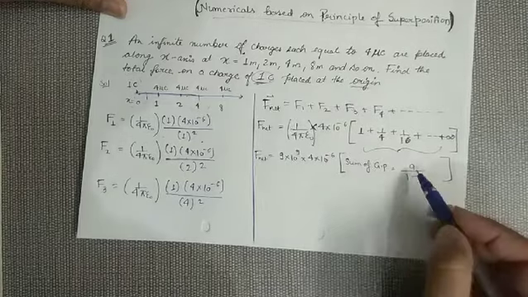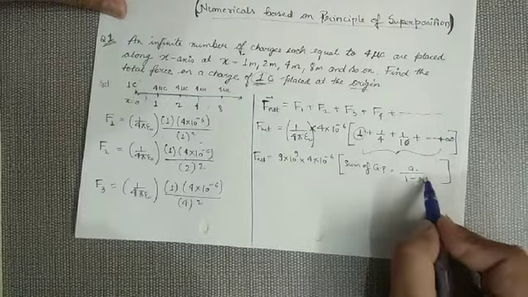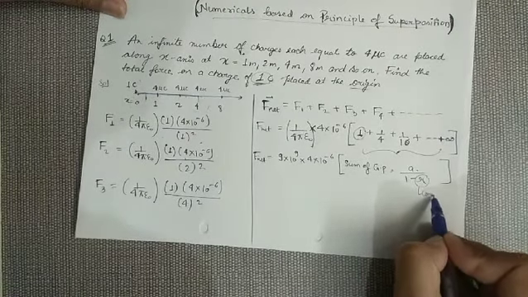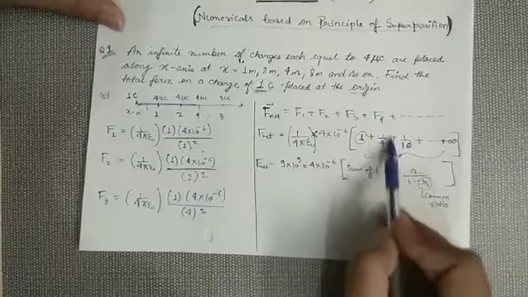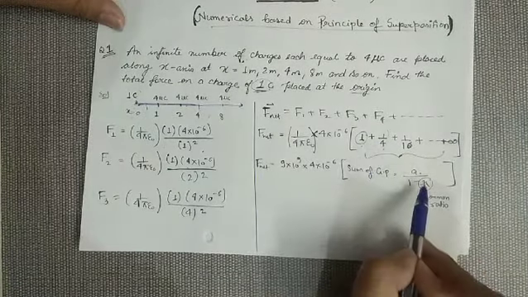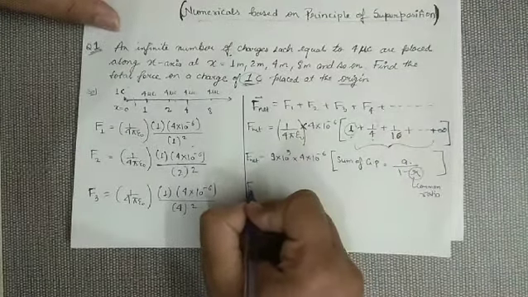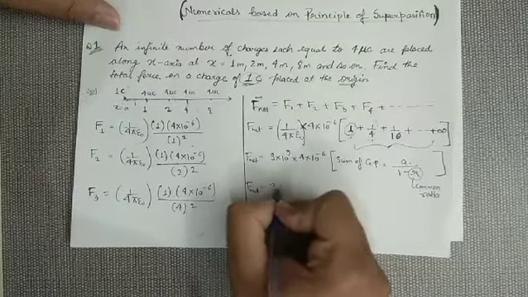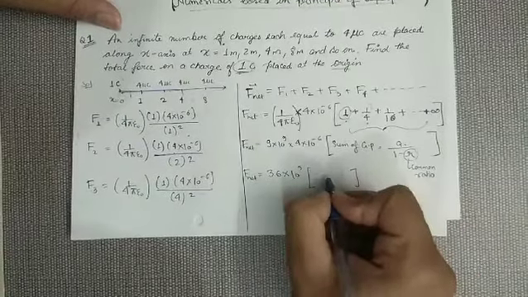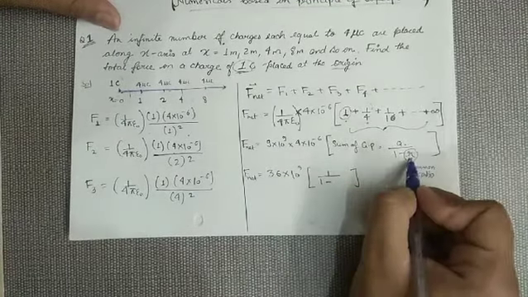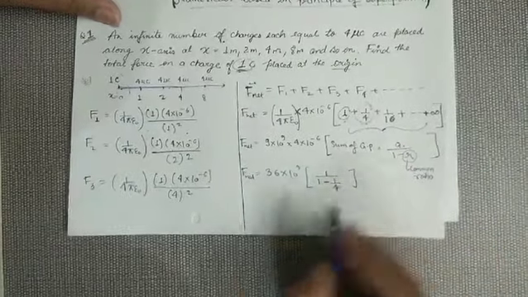You have to learn this formula. A means the first term of the series, and this R is termed here as the common ratio. Ratio means the second term divided by the first term. This R is the ratio of which two terms? Second term divided by first term. So now simplify it. It will become 36 into 10 raised to the power 3, and on using this formula, the first term is your 1 minus the ratio, which will remain 1 by 4, because the second term is this, dividing by 1, so the answer will be 1 by 4 only.